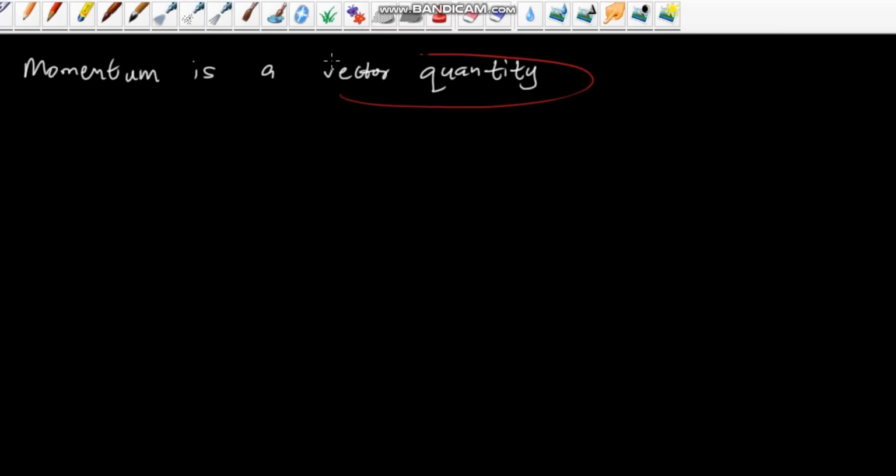So momentum is a vector quantity. Sesibuyela kwa grade 11, grade 10. Yini konje i-vector quantity? I-vector quantity is a physical quantity that has both magnitude and